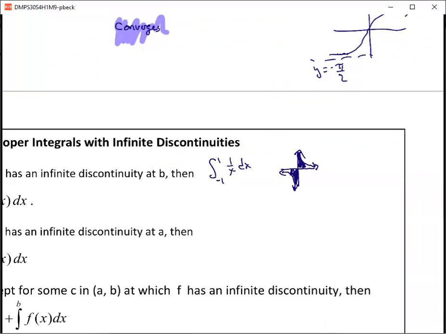So the integral from -1 to 1, this integral looks like this. Most students look at this and say, okay, this is a negative value. This is a positive value. And because this is a negative and a positive value, and those two areas are equivalent, a lot of people say, well, shouldn't that equal 0? And the answer is, well, it probably should, but we can never know. The reason why you can never know is because each one of these areas is an infinite area. Because they're infinite areas, we can never actually count them. And because we can never actually count them, we can never guarantee that we're going to get 0. So, is this true? Probably, but